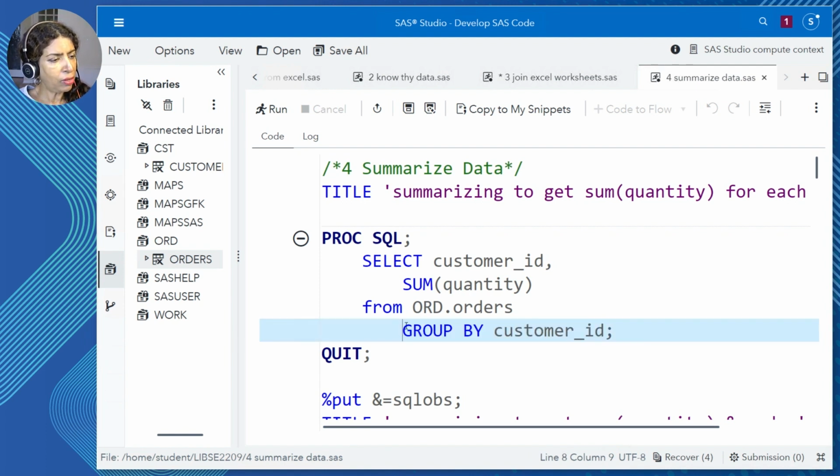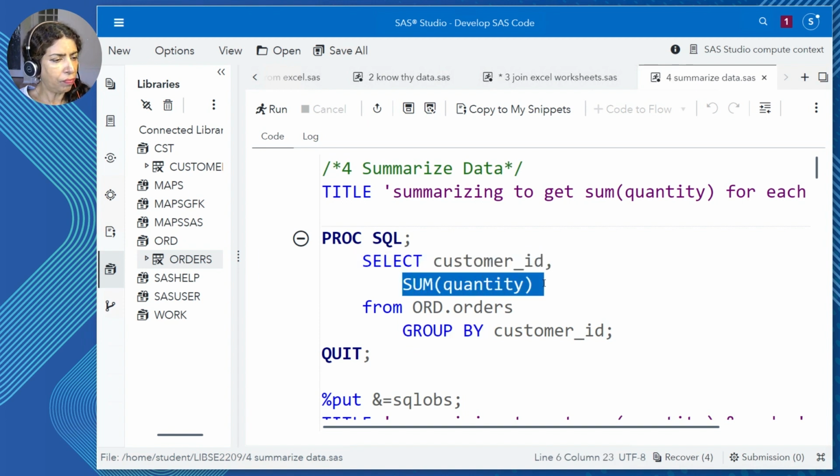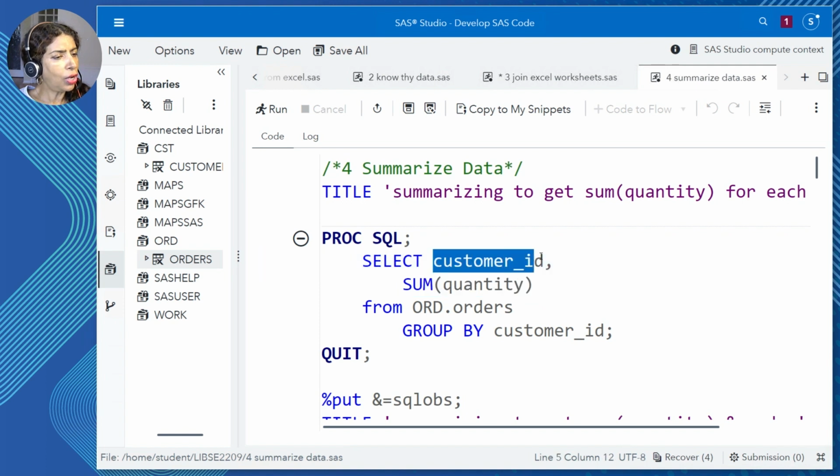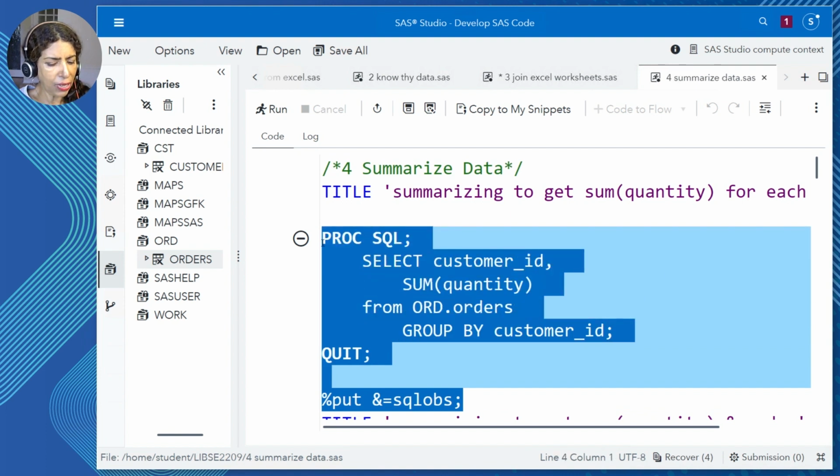Couple of things to bear in mind with the group by. You want to be able to use a group by on columns like customer ID, not on your summary column. You want to use it on your non-summary column. So let's do the simple summarization and let's see how many rows we get.